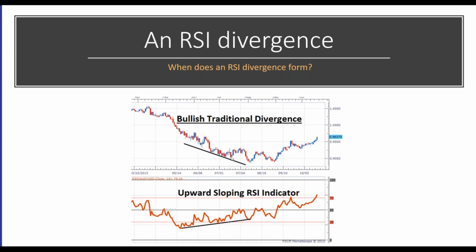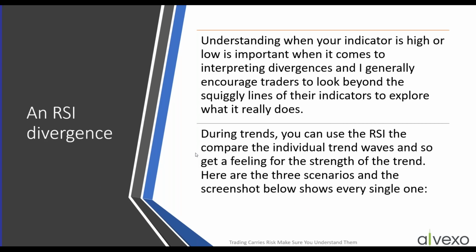Because again, it doesn't matter what indicator. You're looking for the indicator to be moving in the opposite direction of the price chart. So here we have an upward sloping indicator with a downward sloping price movement. So I prepared a little presentation for you, which I'll share with you. I'm going to pop it up on your screen, that is going to show you some examples of divergence and MACD. So let me pop that up here for you.